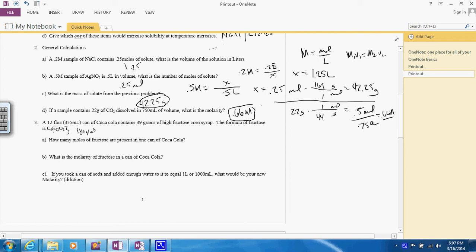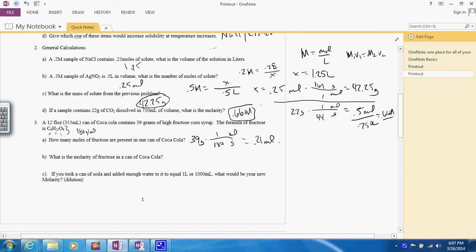Add up all the individual pieces off of the periodic table, and so 180 grams would be equal to 1 mole. We only have 39, so we have less than 1 mole. 39 grams, get rid of grams and go to moles. 1 mole weighs 180, and 39 divided by 180 is 0.21